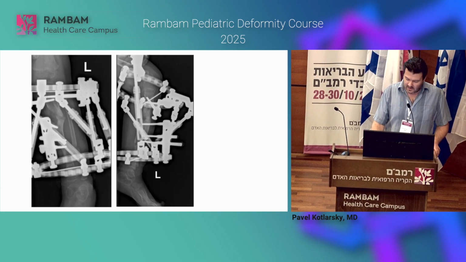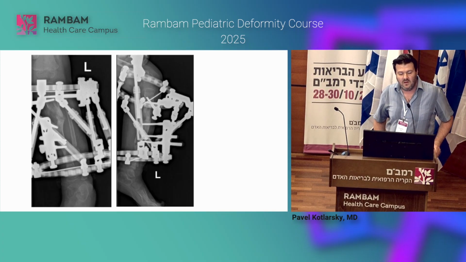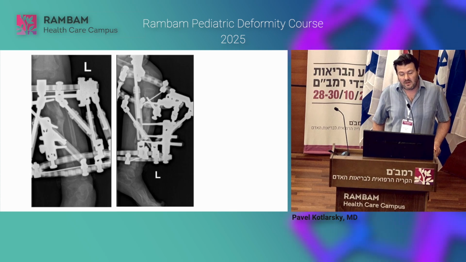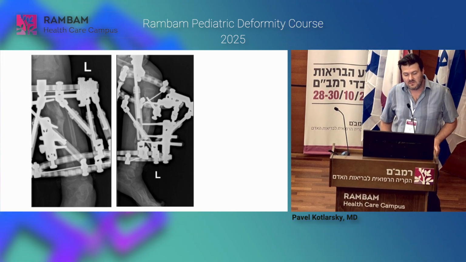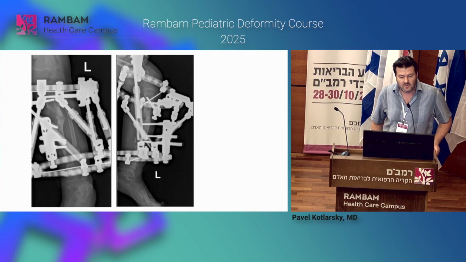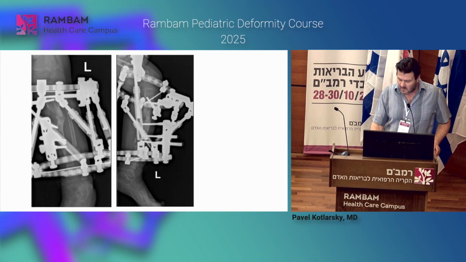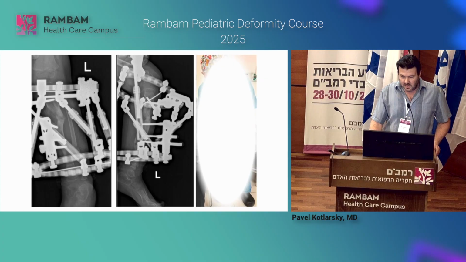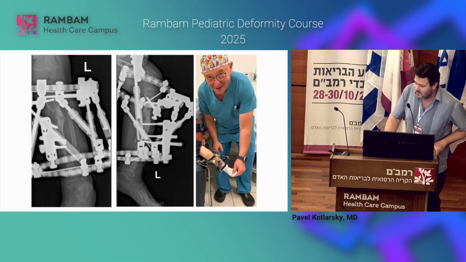So it worked. And now this is the last x-ray. He was in the clinic just a couple of days ago. And you can see that his tibia is almost perfectly straight, and he's almost ready to have the exchange from the frame to an intramedullary device like a slim rod or something like that. So that's the plan with him, and you can see that Professor Edelman is very happy with the result.